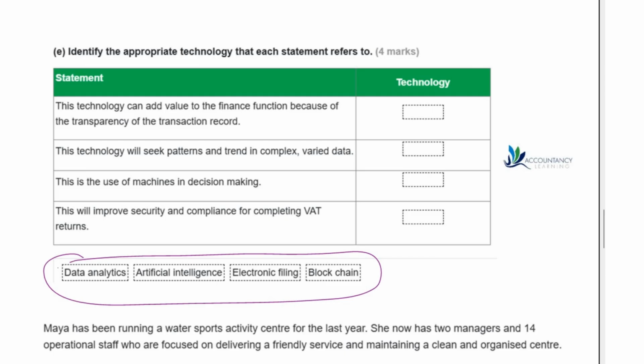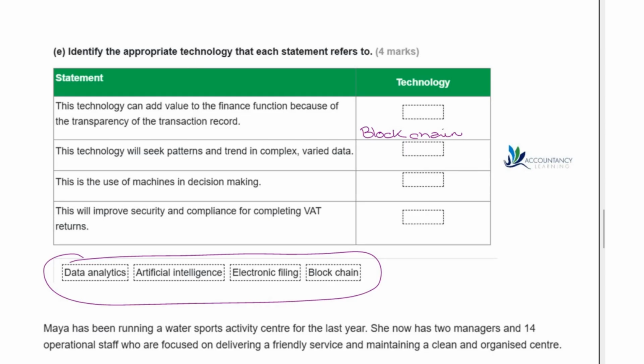So this is blockchain. Blockchain creates an unchangeable record of transactions. So this makes financial records more accurate and transparent, and therefore accountants can track each transaction with confidence and it reduces the risk of error or fraud.